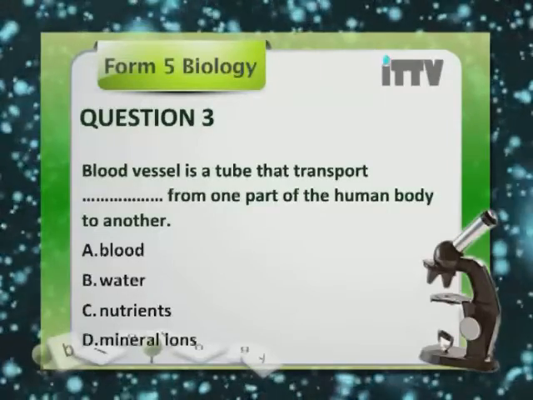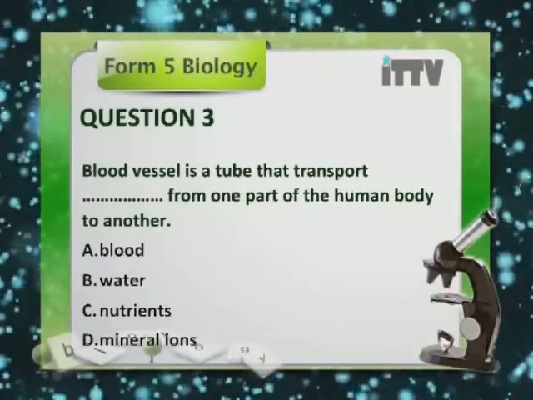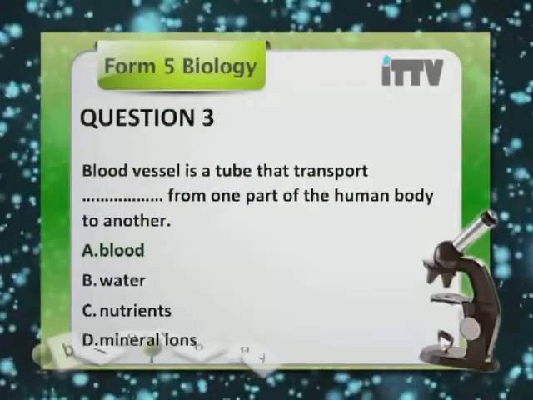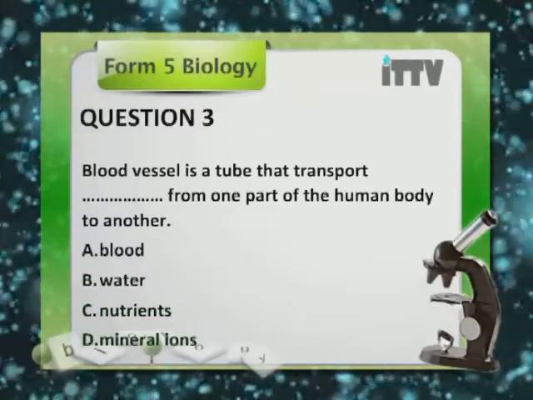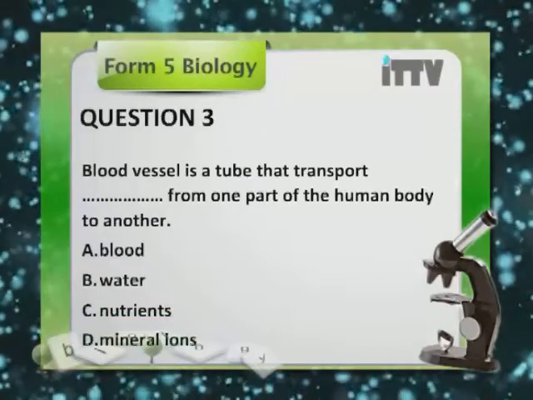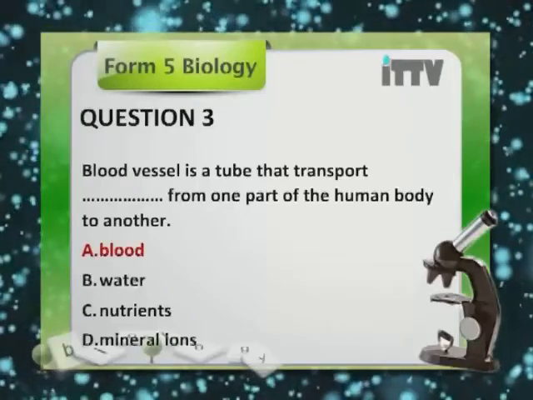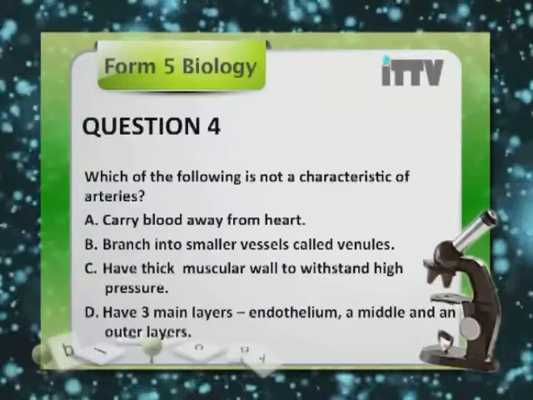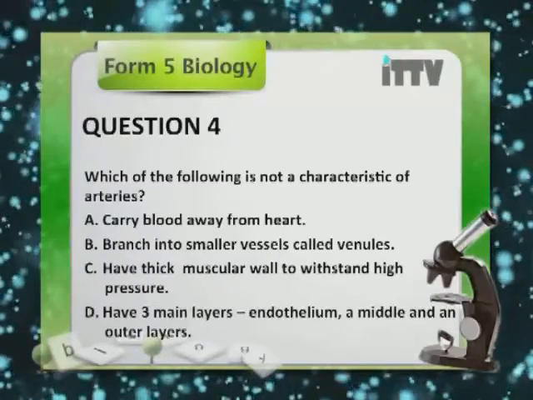Blood vessel is a tube that transports dash from one part of the human body to another. The choices are A. Blood, B. Water, C. Nutrients, D. Mineral ions. This is a very easy question. Of course, you would have guessed it that it transports A. Blood. Now let us go to a question which requires you to have a little more contemplation of what you